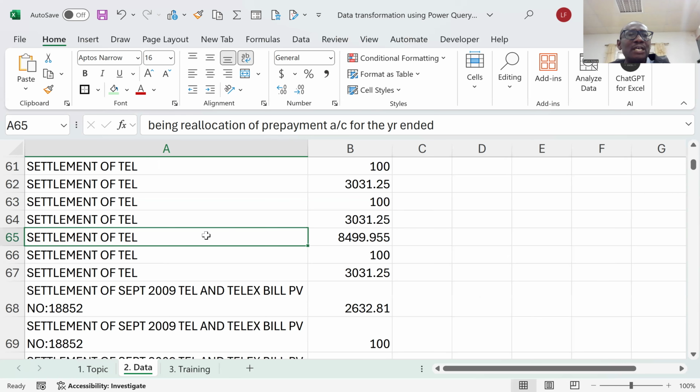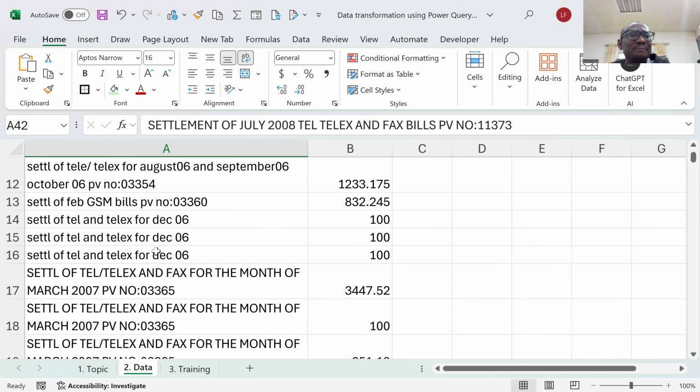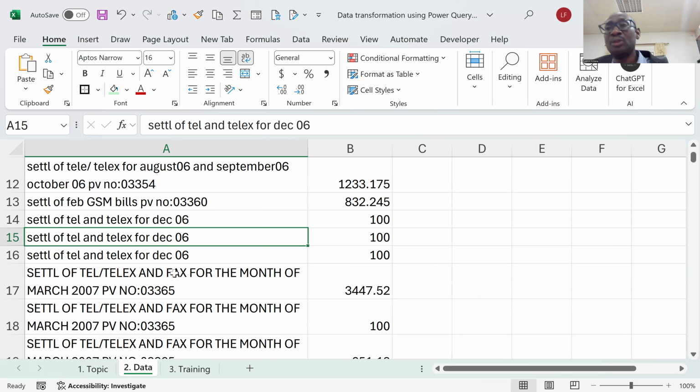And you cannot sort the data also because the data is not in any proper form. So sorting will not be an option. So the only way you can deal with this data to please your boss, who wants a report for payments that have been made to AfriCell and to QCell,